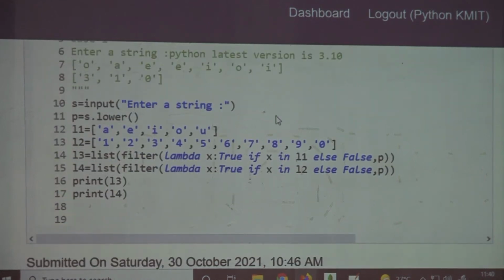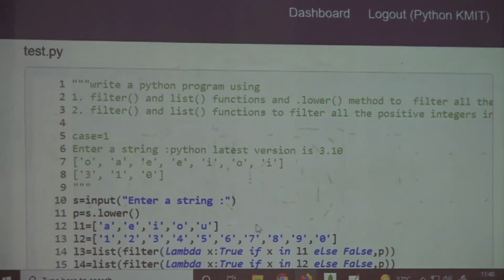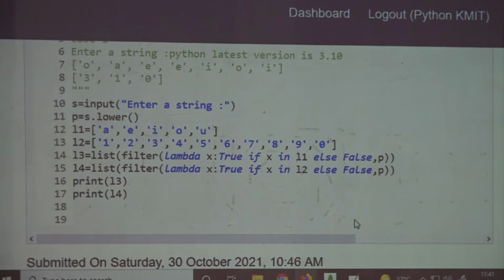After that, what is he doing? He has a list of vowels and he has a list of numbers. Okay, so the code is that way. Fine. So they have created a list of numbers and a list of vowels, and then they have written a